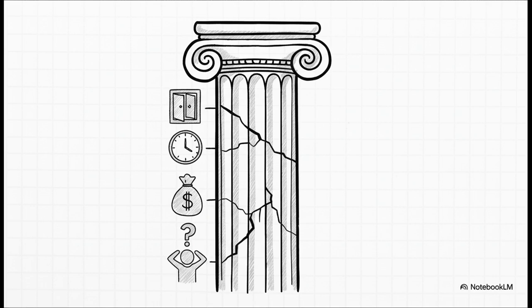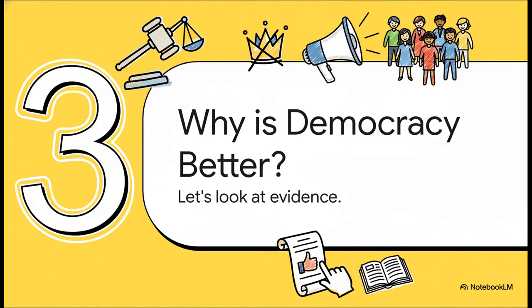Now, let's be honest. Democracy is not a magic wand that solves all problems, is it? Leaders keep changing, which can be unstable. Things take a long time because so many people have to be consulted. And yes, sometimes there is corruption and bad decisions are made. These are all real problems that we have to accept. So if you're thinking, well, if it has so many problems, why do we even say it's better? That's a great question. And the answer comes not from theory, but from a very powerful real-life story.